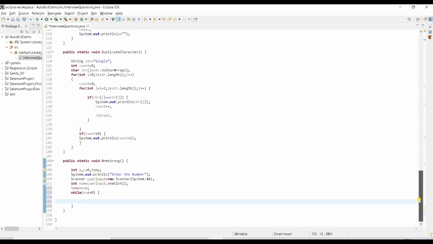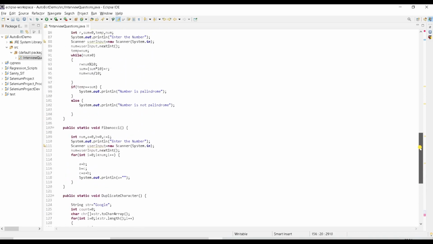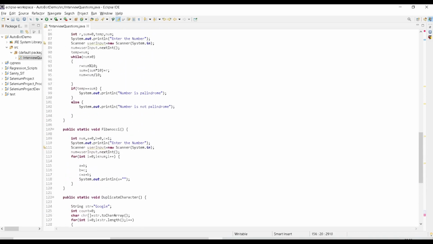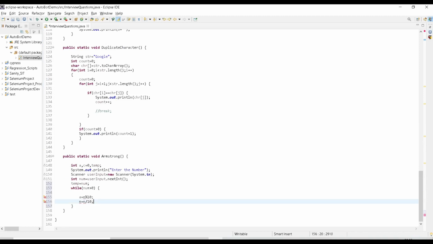Okay, so first we have to get the remainder, that is a equal to num mod 10, then num equal to num by 10. So the same calculation we need to do here also, but there are some changes. There also we used num equal to num by 10 and num mod 10, but here in the calculation part there is a change. For palindrome we have to add with the index of that particular digit plus the remainder that we are getting, right? But here what we are going to do is c equal to